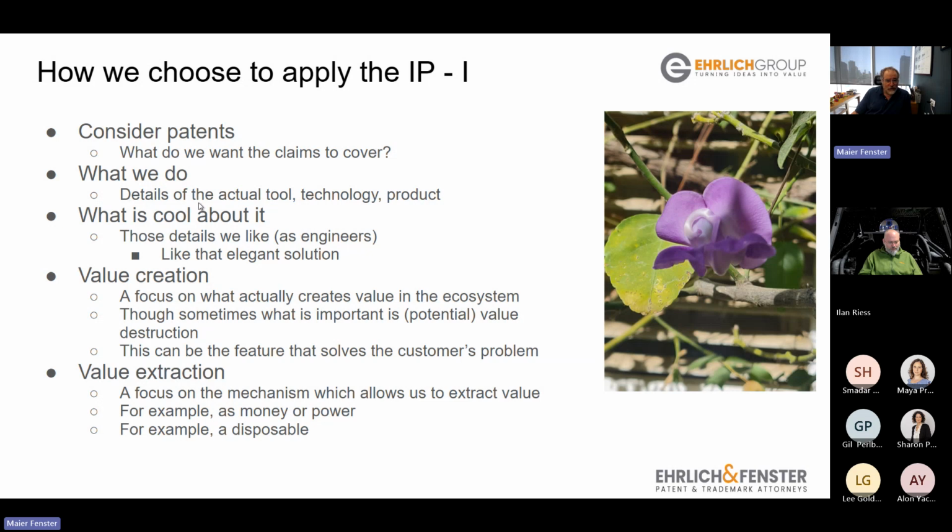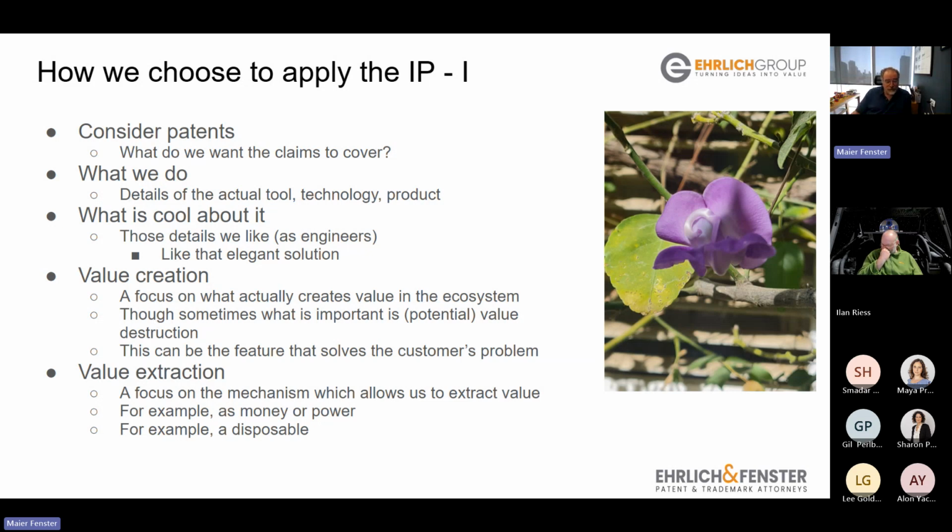Sometimes we file patents on what is cool, okay? We've all seen very cool inventions, elegant solutions, and you file a patent on it. I'm not telling you if it has any value, but that's why we're filing. It's actually quite common. The next step up, and I'm emphasizing again that it's not necessarily better, it's just up in the way I'm describing the dimension,